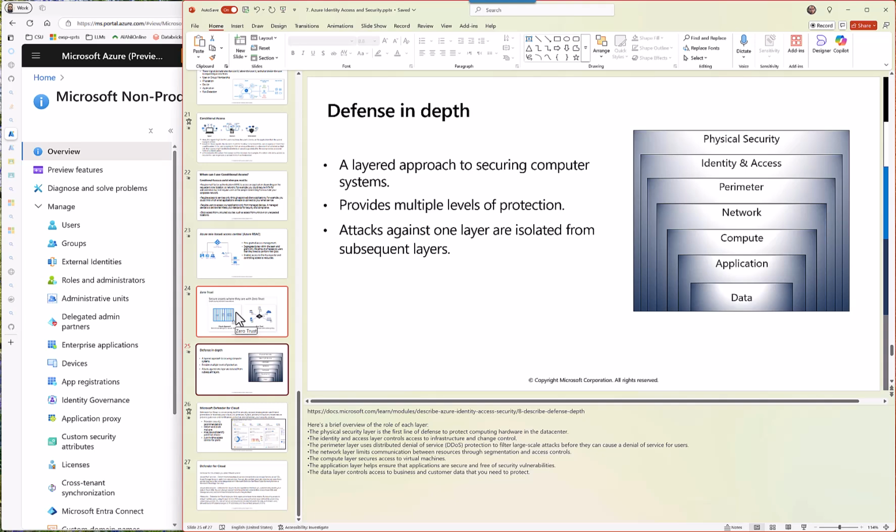And then in the end, for example, data: is it properly protected? Only the application that is required is able to access that data. Nobody else can. And is the application able to get only the data that it needs? There should be no connectivity to some other database, right? So it's very critical to understand and be able to do these things at each level. This is what we are trying to do in defense in depth.